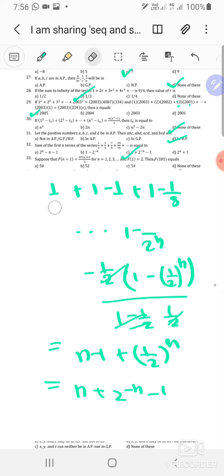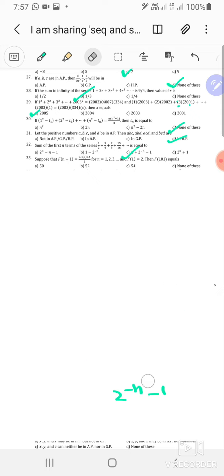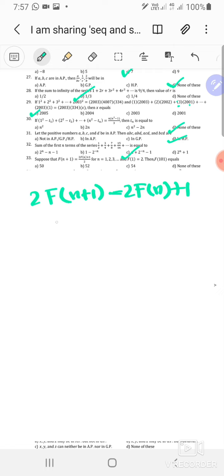Okay, let's move on. Suppose that f(n+1), okay, you have a recursion over there, so f(n+1) is equal to 2 times f(n) plus 1 upon 2 for n equals 1, 2, 3 and so on, and f(1) equals 2, then f(101) equals, okay, first of all I want to point out that 2 f(n+1) is equal to 2 f(n) plus 1, or in other words, f(n+1) is equal to f(n) plus 1/2,